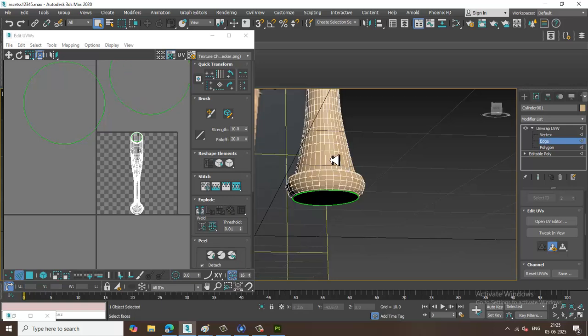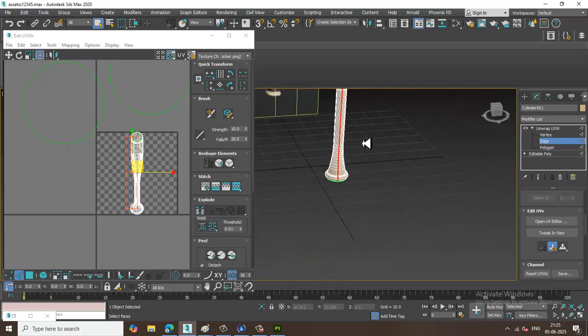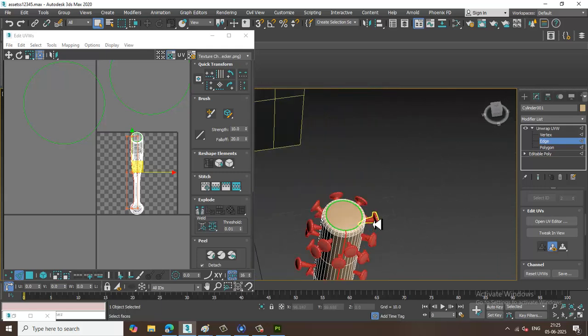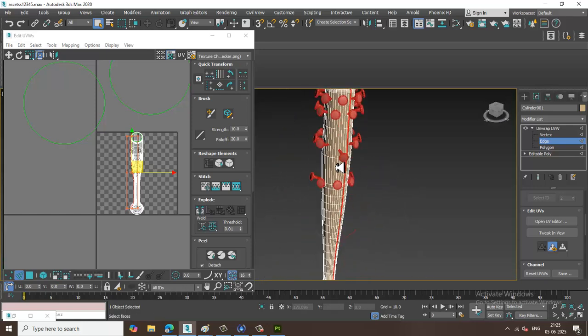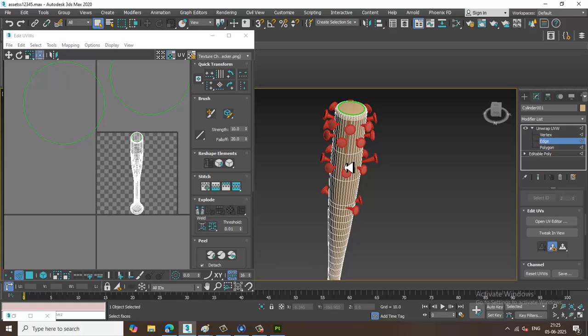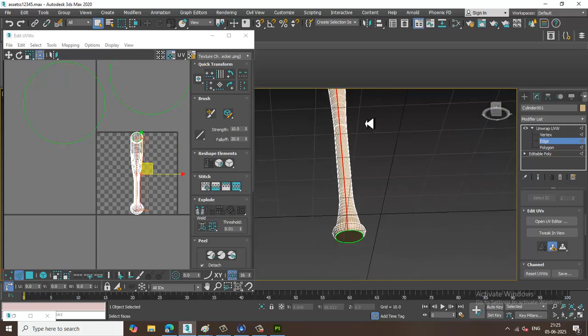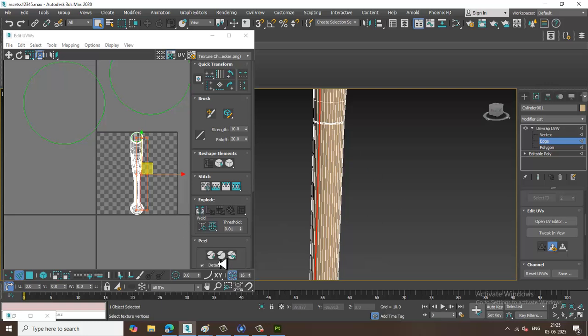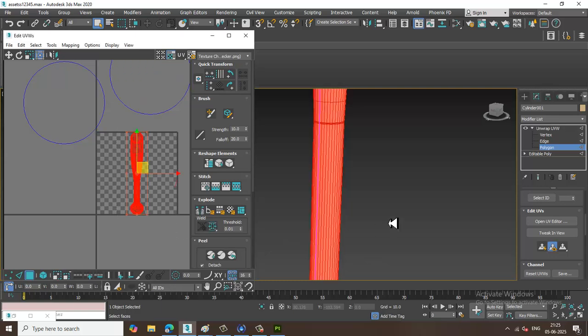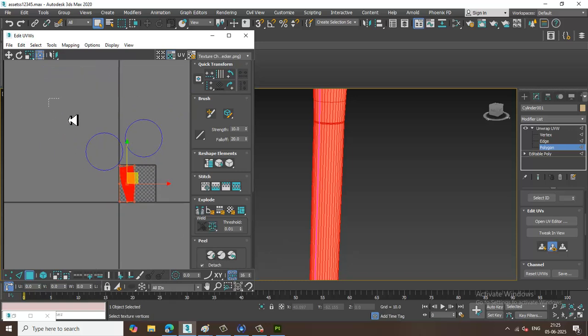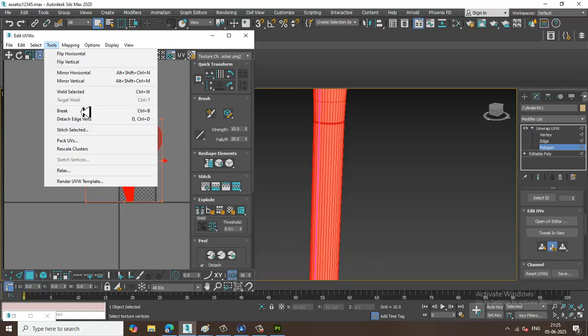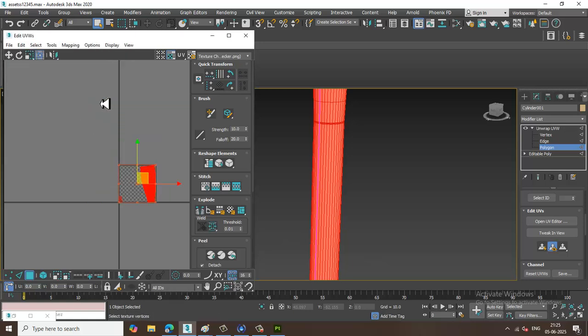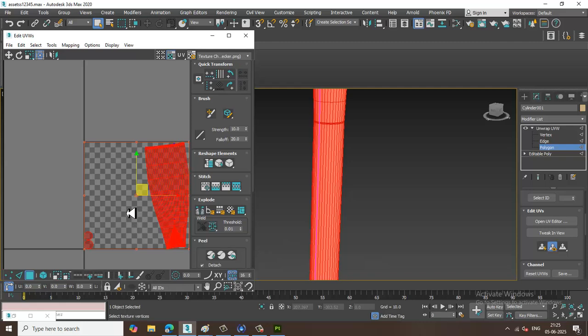Select the edges over here. So select from any of the sides, and let's go into this and say break over here. Select the polygons and say quick peel. Select the whole thing. Let's go into tools, pack UVs. Let's click OK. So once it is done,